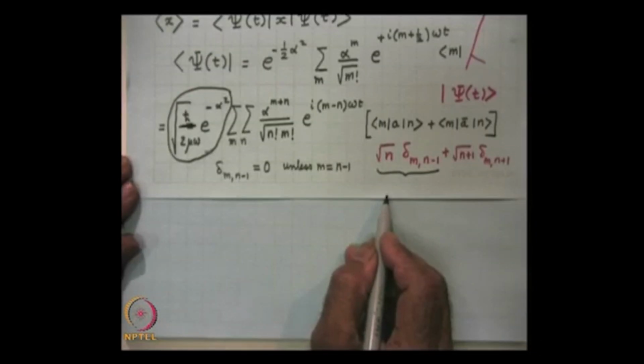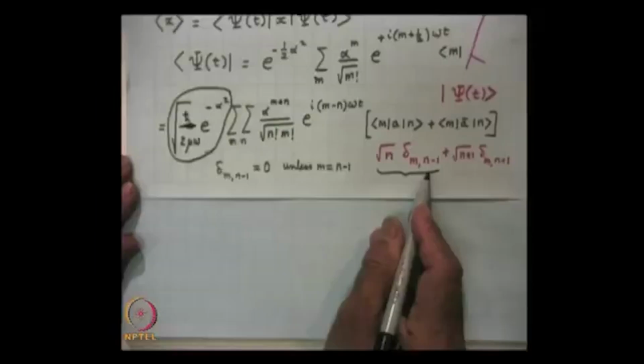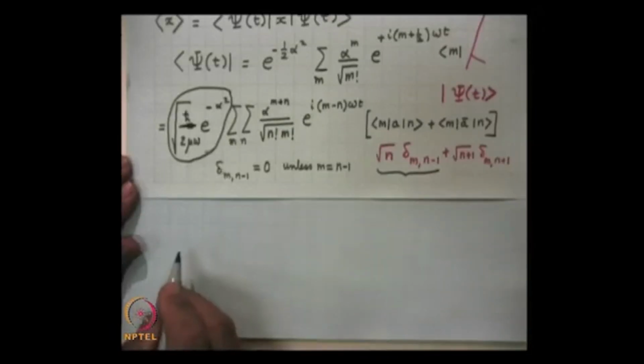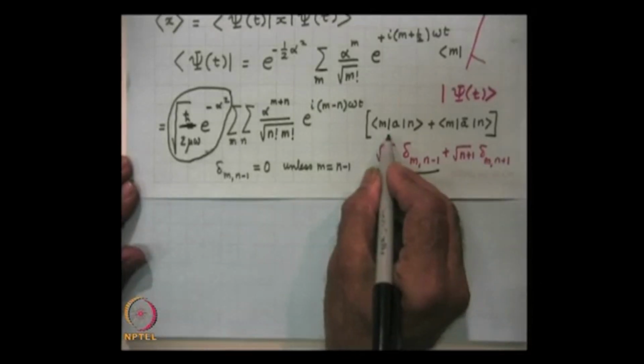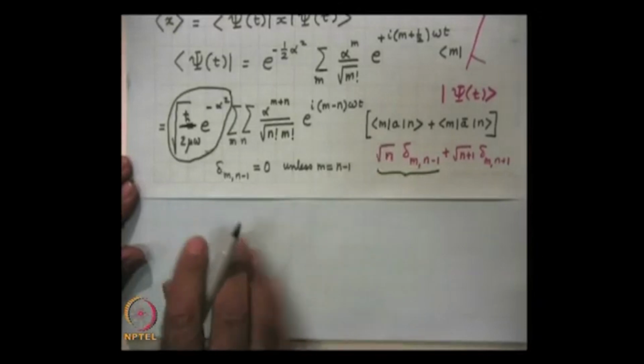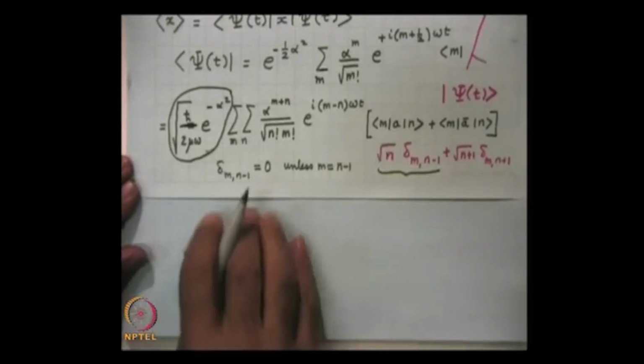So the m equal to n minus 1 term will survive, and therefore if I take the first term here, we will obtain